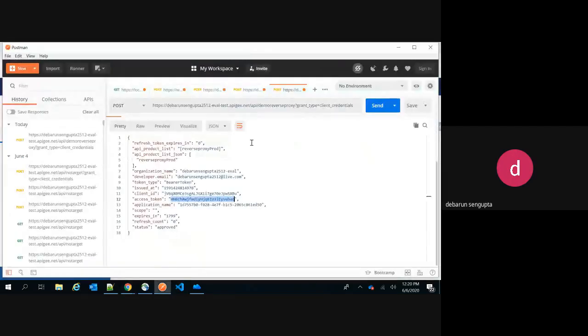If you remember in Postman, I did this callout to my demo reverse proxy, the one which we created, and we passed this grant credential. This endpoint is not our backend endpoint, that mock target one. It is our own APG endpoint which we have created. So we did a callout to our APG endpoint only, and it returned me the access token.